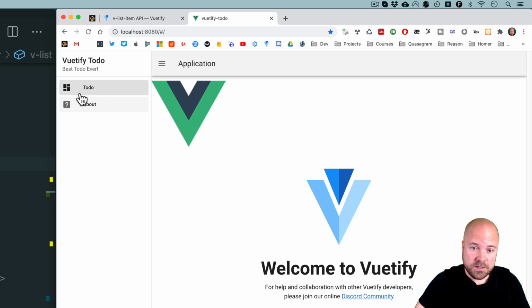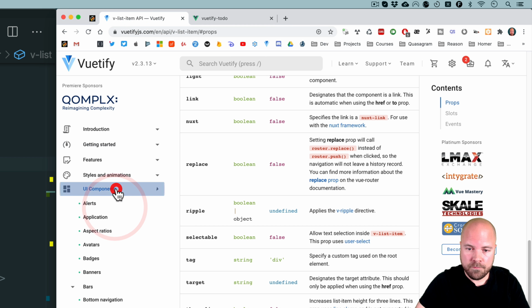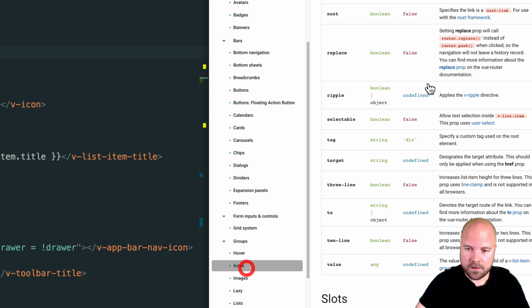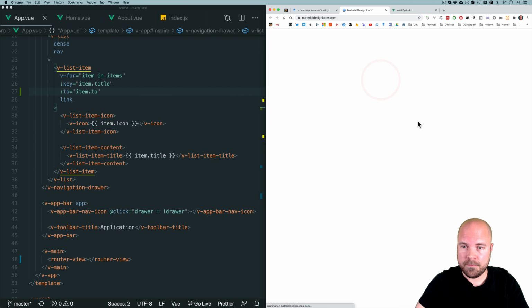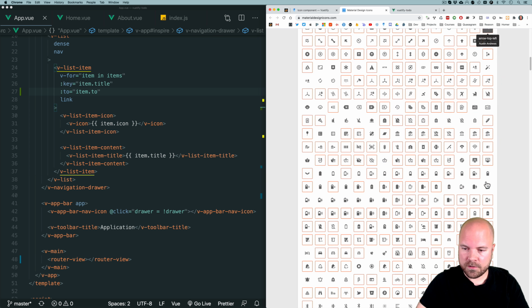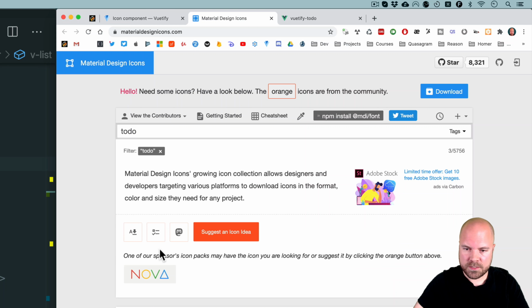And let's see if we can change the icon for this to-do link here. So if we go to Vuetify and then UI components and then icons, it says that we can use all of the material design icons from this page. So I'm going to open up this page. And we have tons of different icons we can use, and we can search as well. So I'm going to search for to do. And this icon looks pretty good. And the name for this icon is